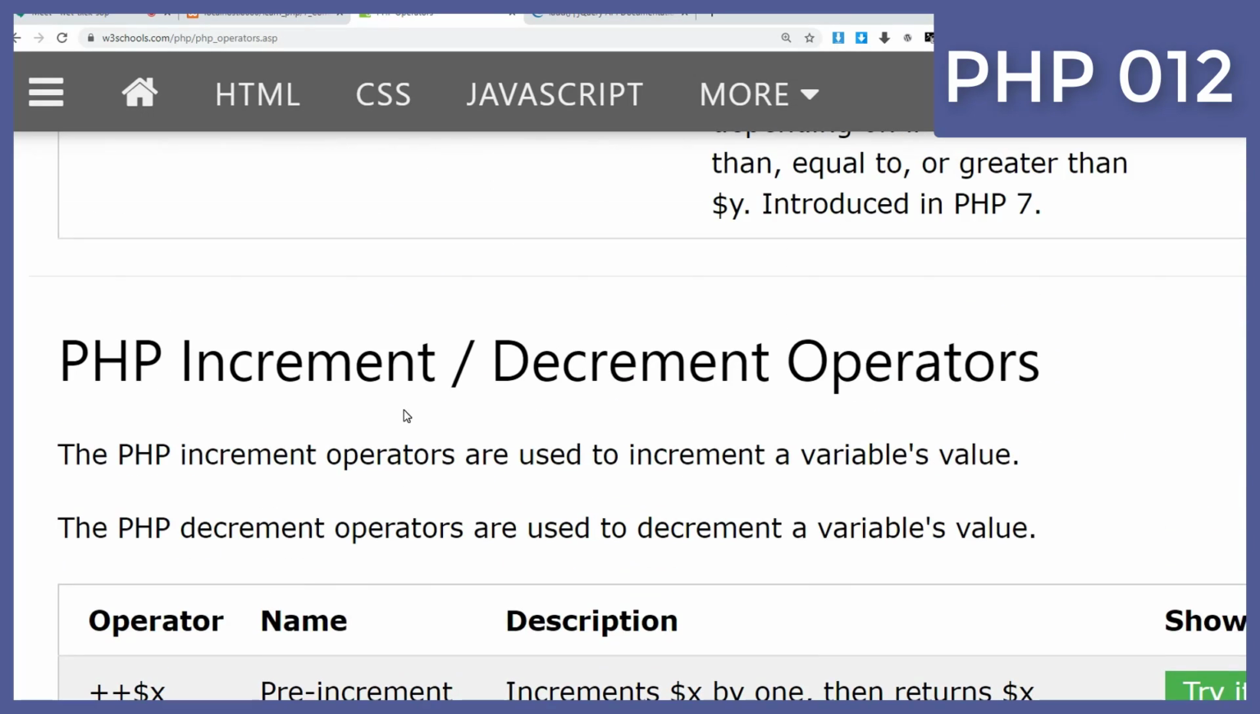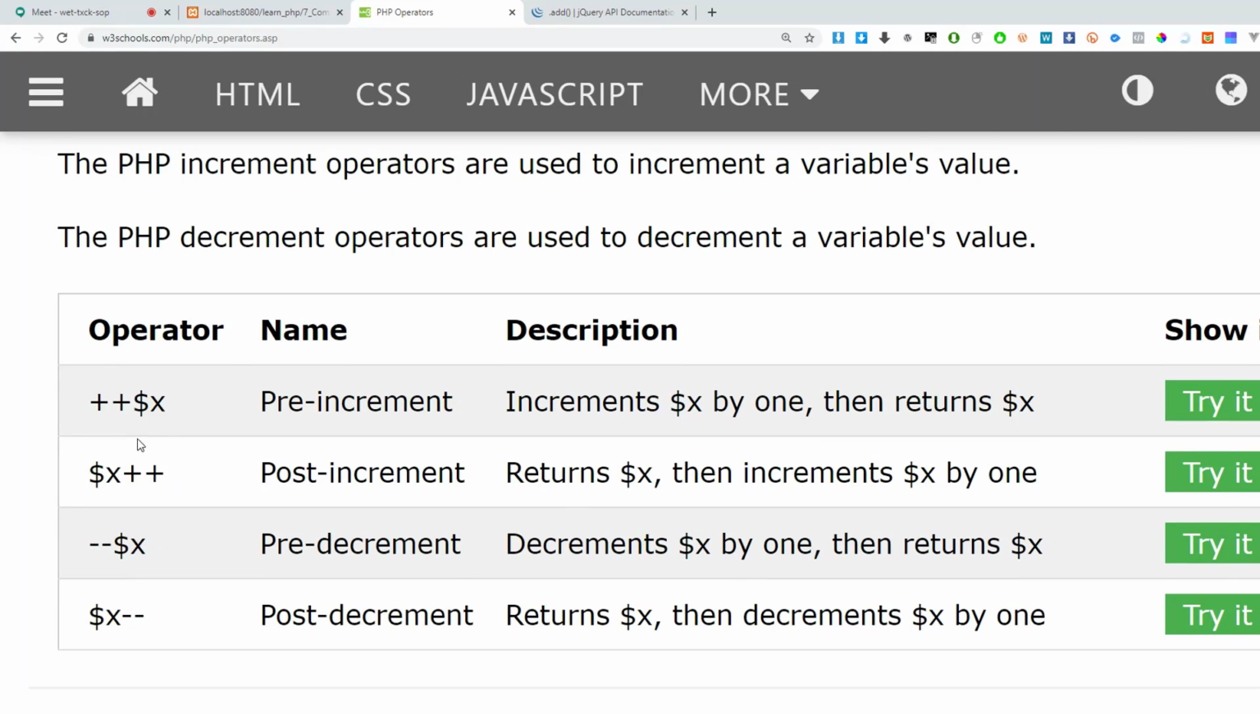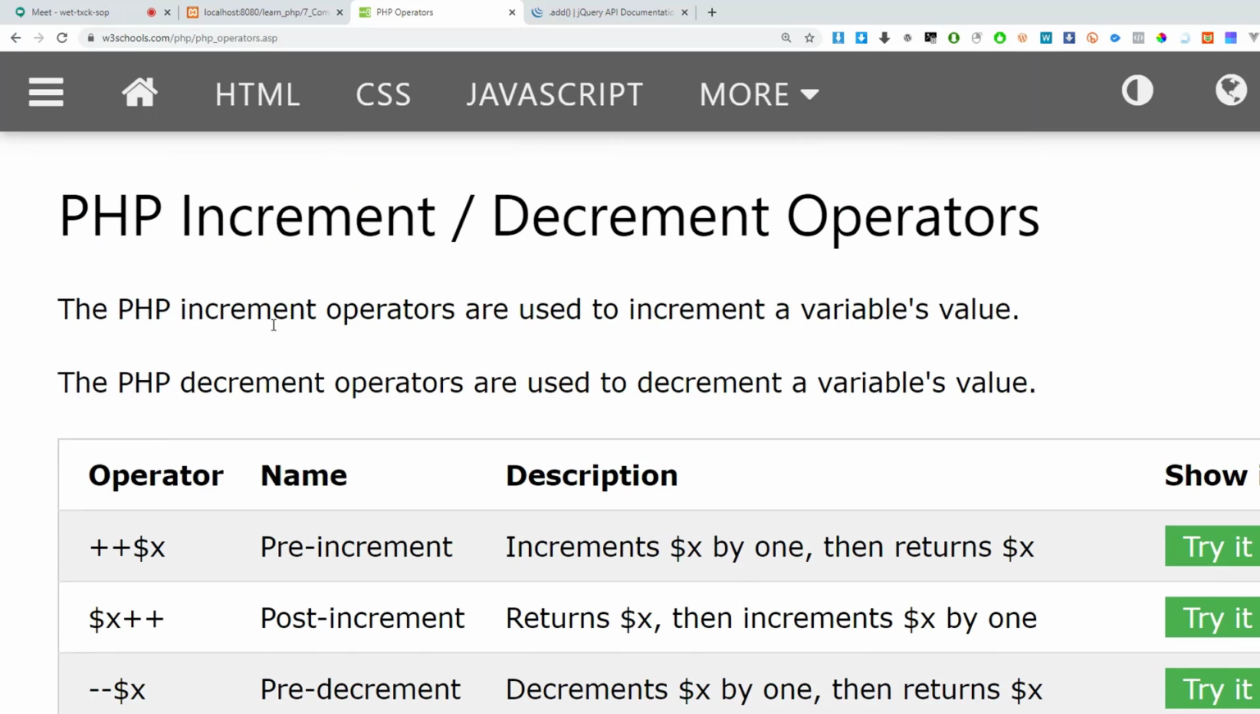So we come to the increment and decrement. Increment operators, we use them to increase